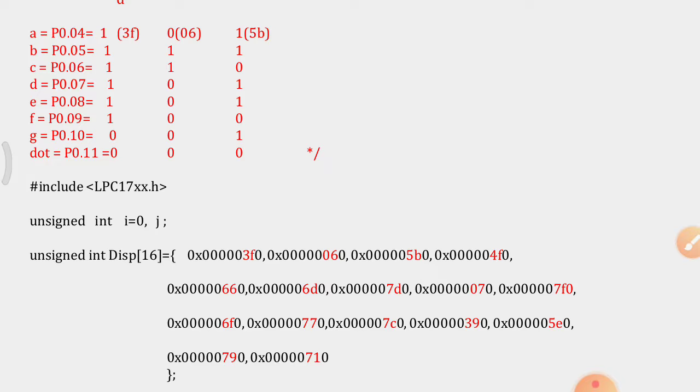Here we are altering only bits 4, 5, 6, 7, 8, 9, 10, 11 of the 32-bit value. We know that only port pins 4 to 11 are used, which is why we are altering only bit 4 to bit 11. These numbers are going to be called upon and put on these port pins. How is it going to happen? In the next part, we will start with the main program after initializing these variables.